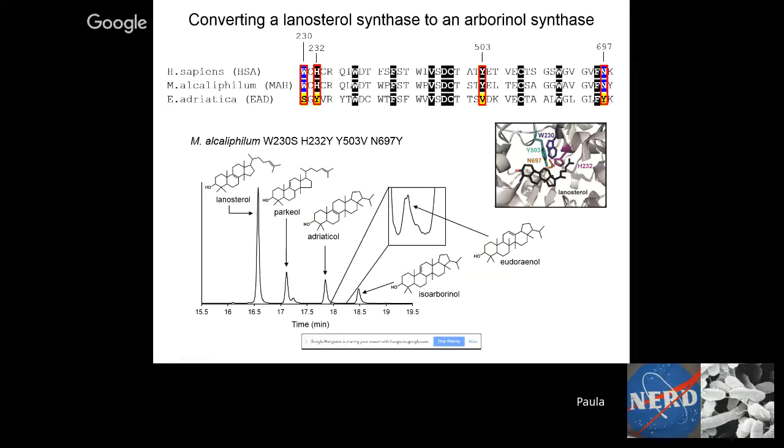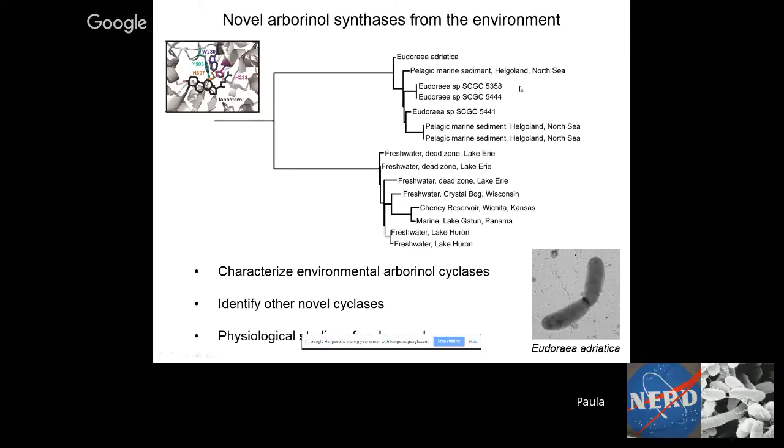So what we have here are 4 diagnostic amino acids that we can look at. And so when we search genomes and metagenomes, we actually find that those that are most closely related to Eudorea have these 4 changes. And these are outlined here. And it's interesting, the only cultured genome organism that has these changes is Eudorea. So this is probably the only cultured organism that makes these types of molecules. And it's funny because we probably never would have found it if we didn't have the genomic sequence to guide us to that potentially this was making some kind of cyclic molecule.